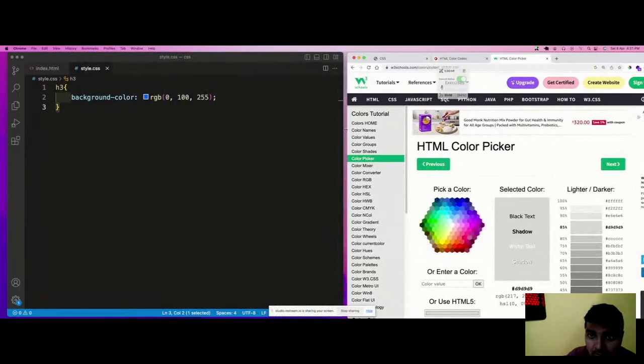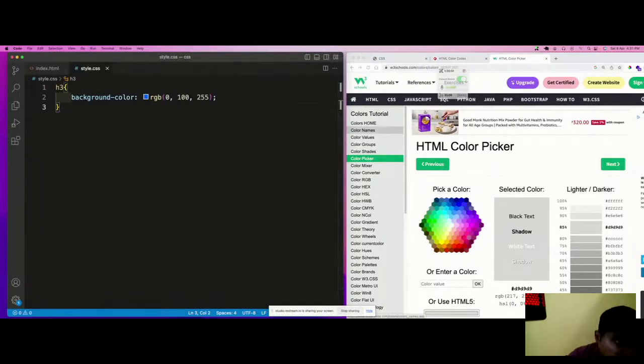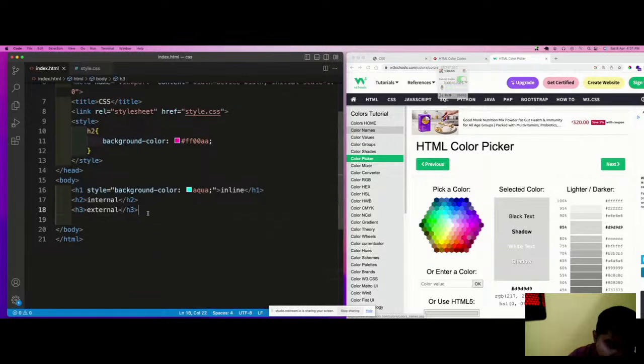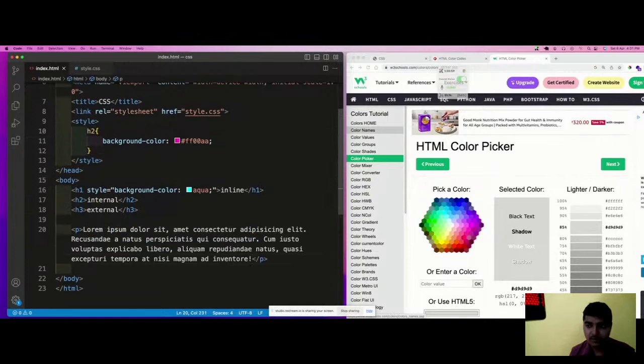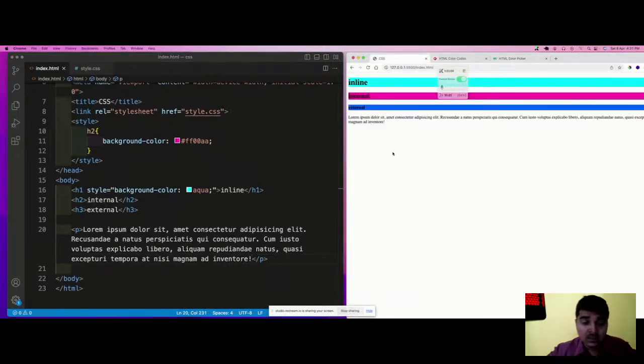Okay, and now after this, let us have some para, and in this para, we will just style the paragraph. Okay, so this is the paragraph.